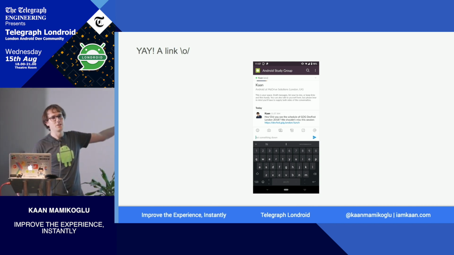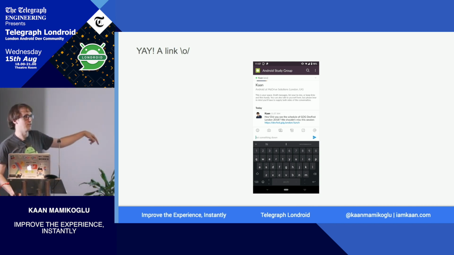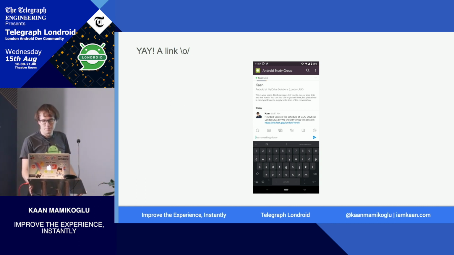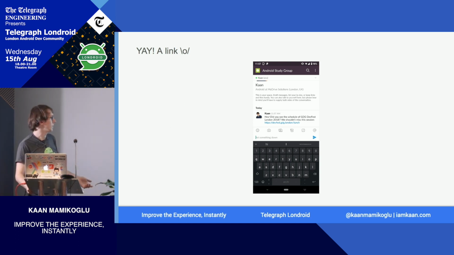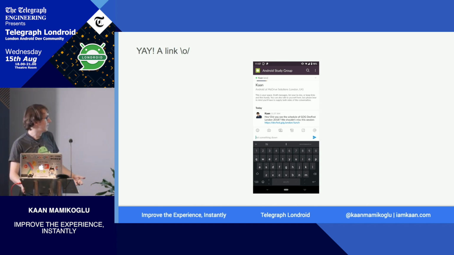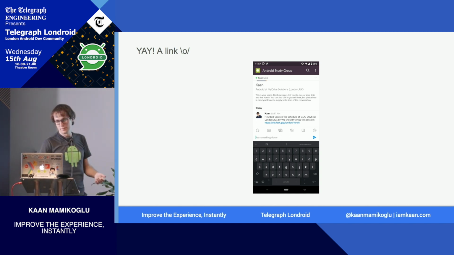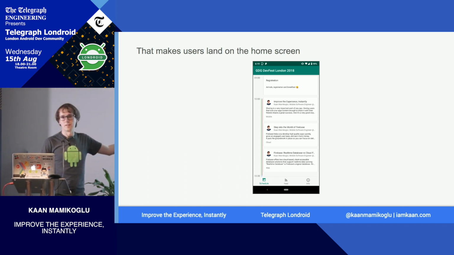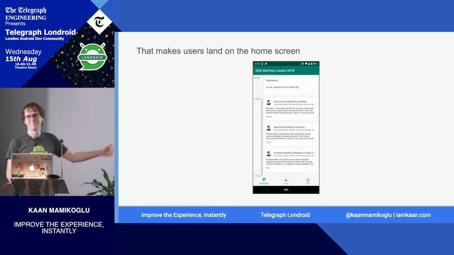Well, obviously you need to generate the link when you click the share button. But then when the person clicks on this, if everything is perfect and they have your app, for example, they will land on your main